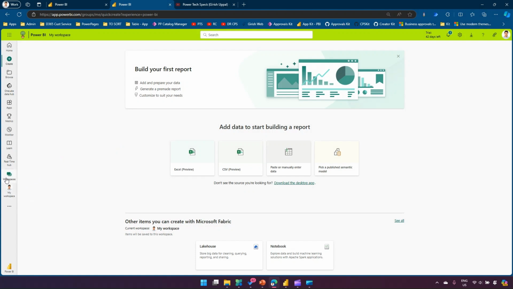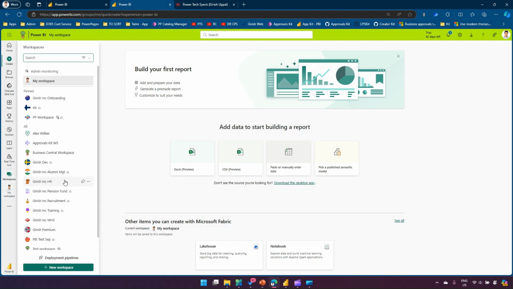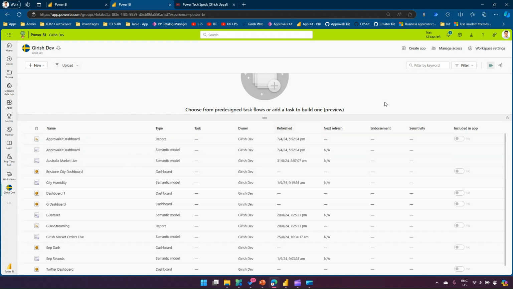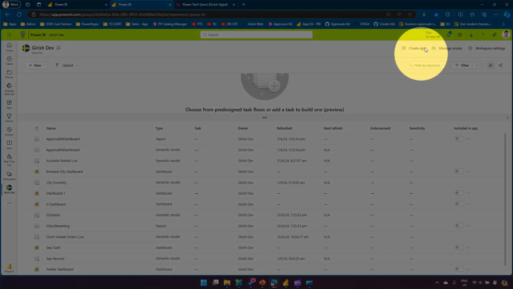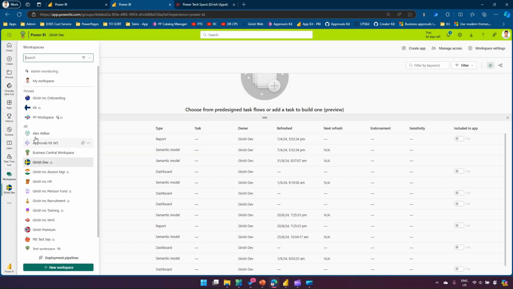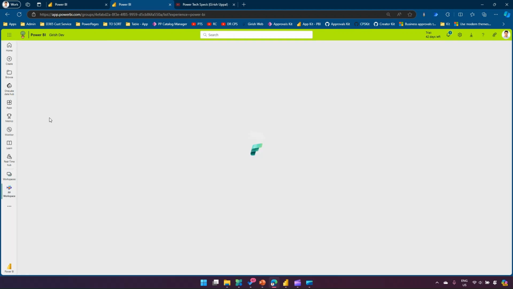So if I go into the workspace over here, I can pick any workspace. If I pick, say, Girish Dev Workspace, so I'm in Girish Dev Workspace, and over here you will see an option to create an app. Now, why am I seeing an option to create an app? Because in this workspace an app has never been created. Now, if I go back to a different workspace, so if I go into PP workspace,